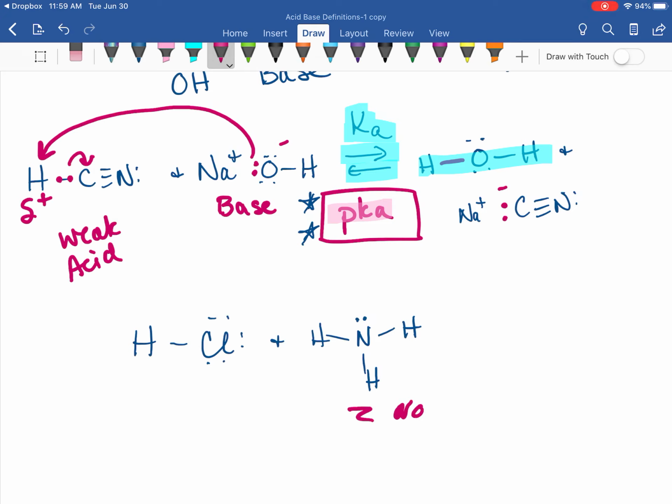Okay, notice there's no OH in there. So what in the Sam heck is it? We already called HCl an acid because of that partial positive, but if there's no OH in there, could that still be a base? Yes, bases need available